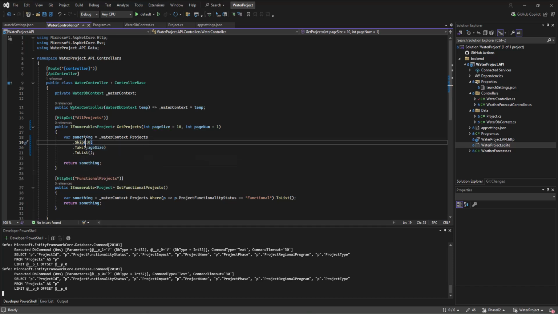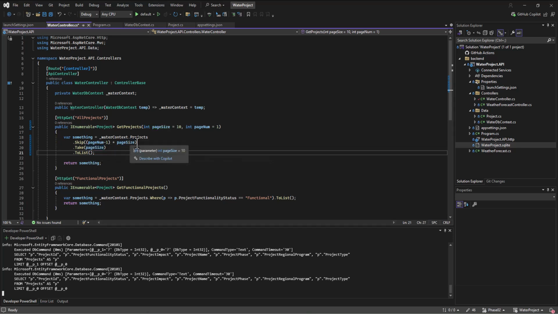How many are we going to skip if it's page 1? We don't want to skip any, right? If it's page 1, we want to start counting at 0, so to speak. So we're going to take whatever the page num is minus 1. So it's 0, right? And then what we're going to do is multiply that by the page size.